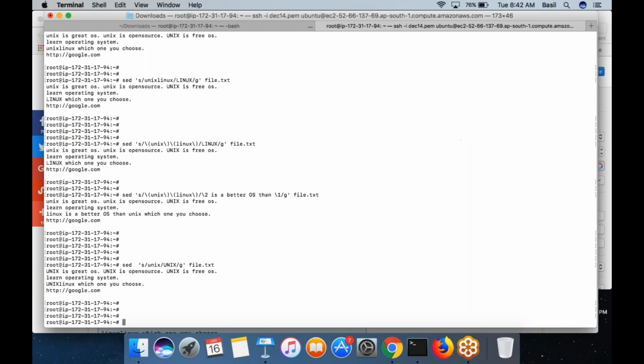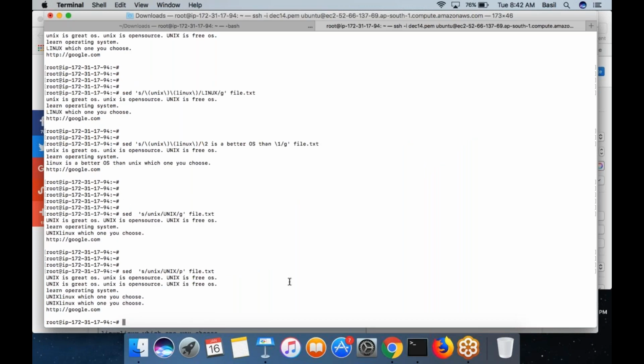If you use the p switch, it would simply print the lines that match 2 times. And if you use the -n option, it would not show you the duplicates.